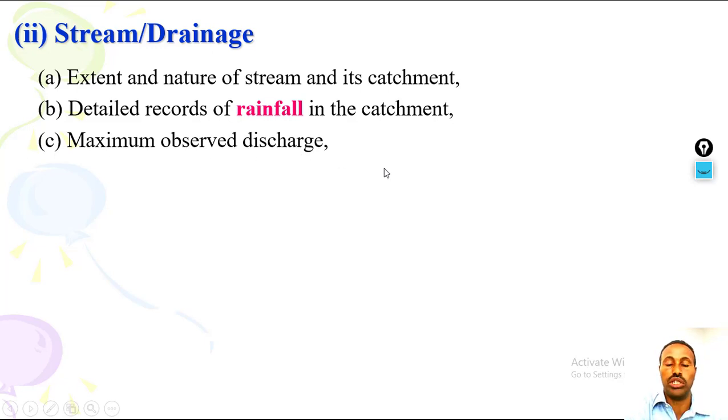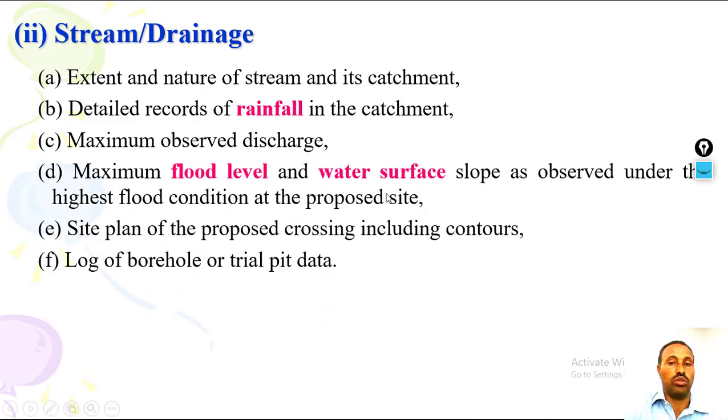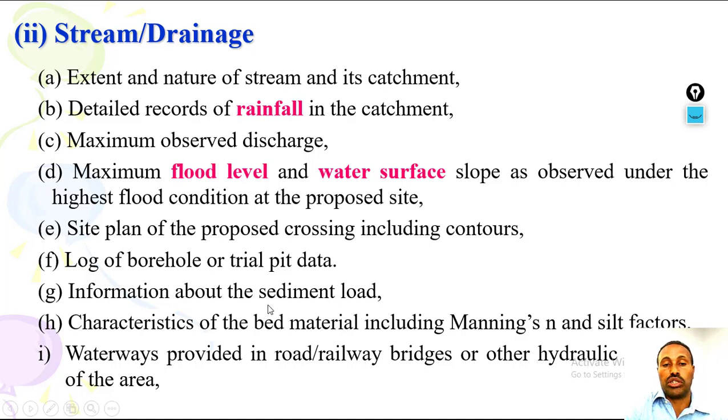You need to know rainfall and discharge, and the maximum flood level and water level slope as observed under the highest flood condition at the proposed site. You also need the site plan of the proposed crossing, including contours, so that you can understand the nature of the terrain, whether hillock, river or flat. And a log of boreholes or trial pit data to know the groundwater level, and information about the sediment load,